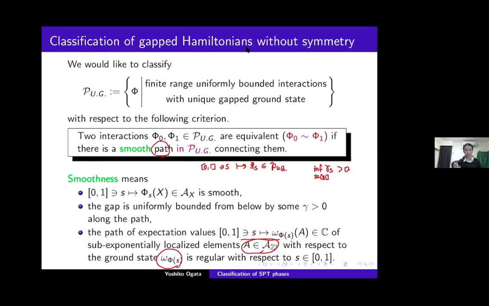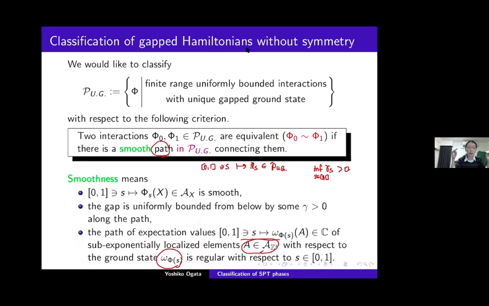So it's a bit vague, but to specify these things more precisely, I need to introduce various norms of elements of the quasi-local algebra, which I prefer not to do now. But I can reassure you that the third condition may look a bit artificial, and it actually comes from a technical reason. But I can reassure you by saying that these conditions are satisfied if you consider